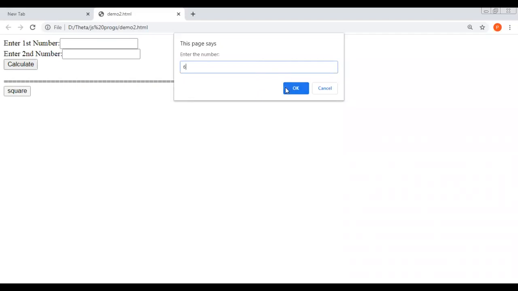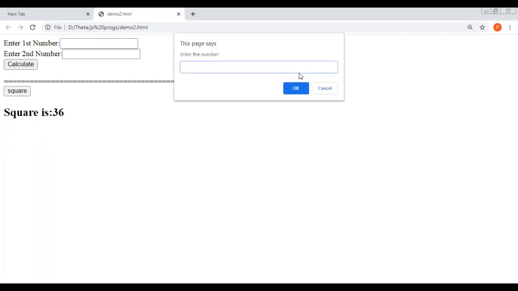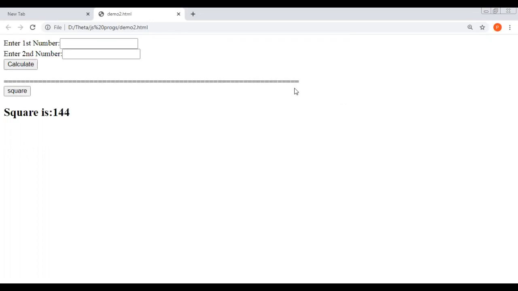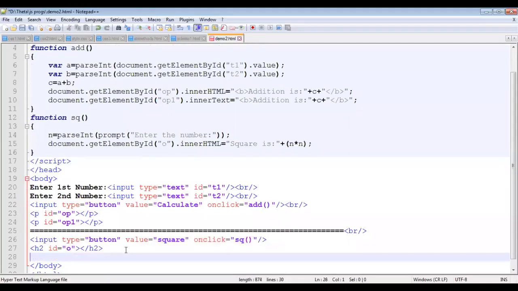The number 6, on click of OK, the square is displayed as 36. If I enter the number as, let's say, 12, 144 is displayed. Okay, so this is the way of using the prompt dialog box. Now, dialog box means dialog. So for that purpose,